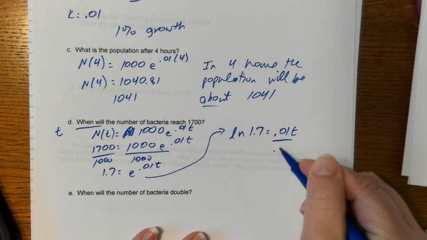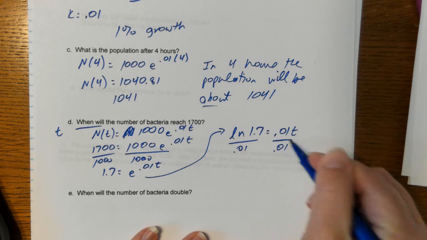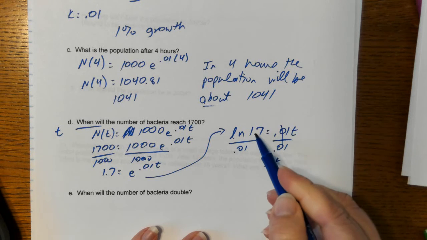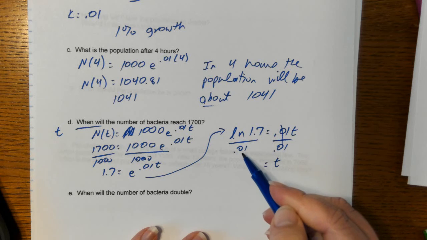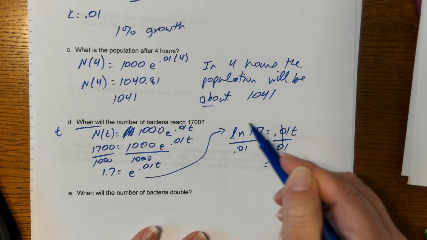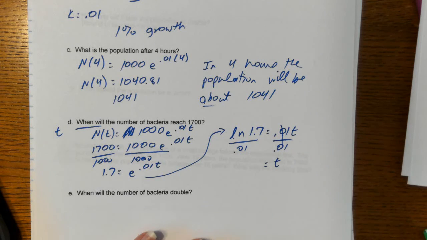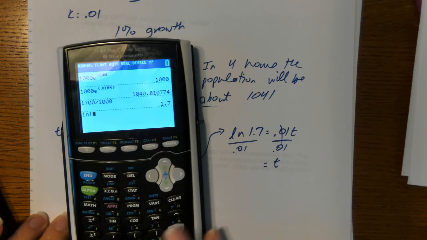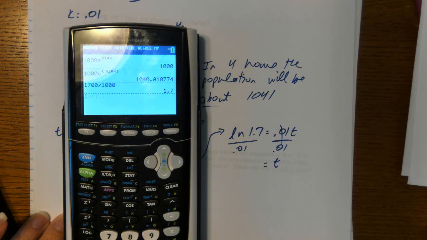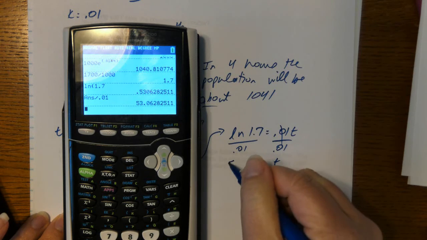And then to get t by itself, we divide by 0.01. This does not mean that 1.7 is getting divided by 0.01. It's the entire ln of 1.7. Whatever the answer to that is, that's getting divided by 0.01. So ln 1.7, divide that by the 0.01. And we get